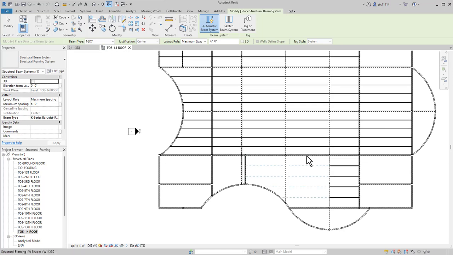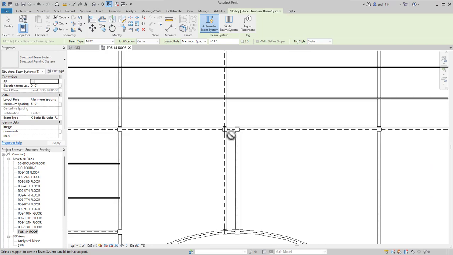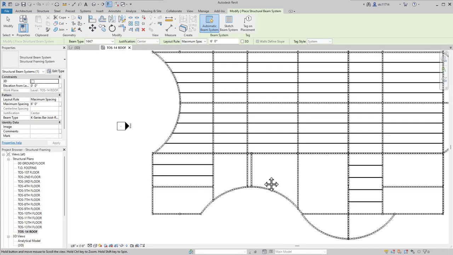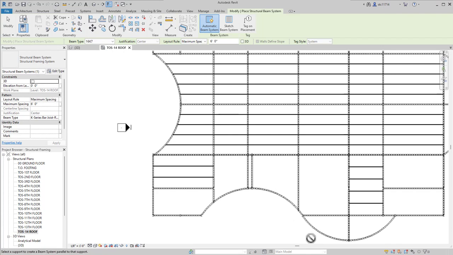You can see this one is trying to do both bays at the same time, so I'm going to have to sketch those separately. Looks like these two bays are having the same problem. I'll go ahead and place this one. I'll see if I can place one in this small bay as well. Looks like it's overlapping in there too. So I'm going to have to sketch the rest of the way here. Oh, actually, let me go ahead and add in for these two bays as well first.